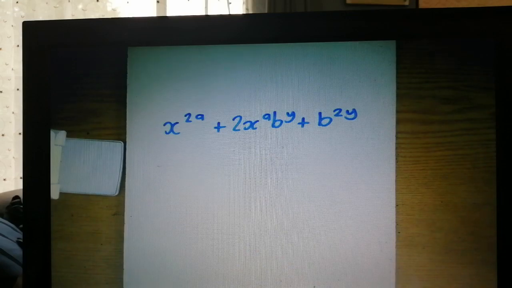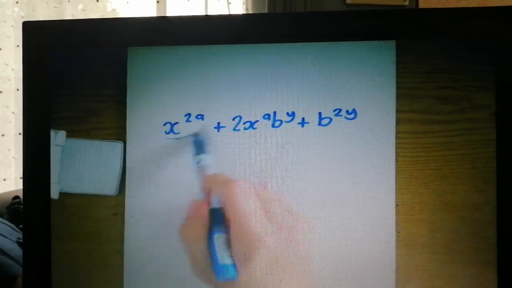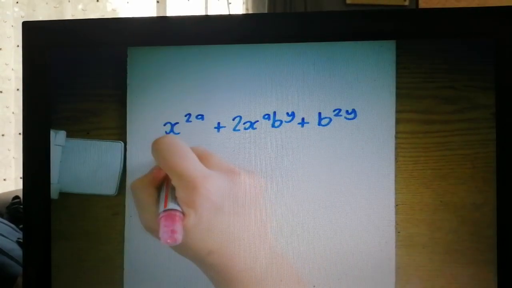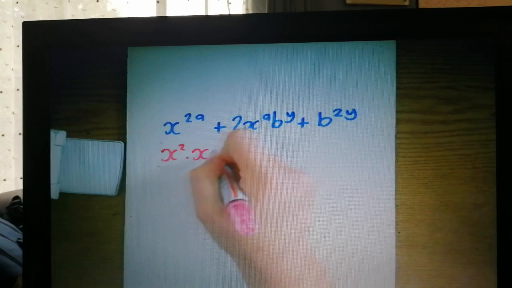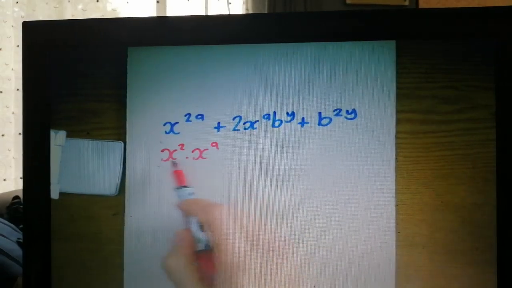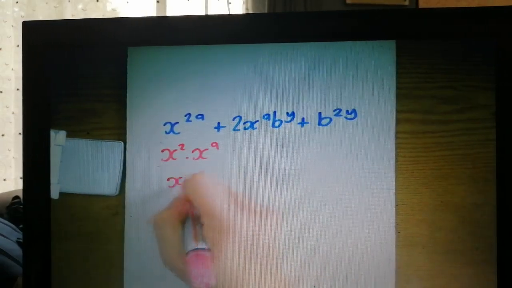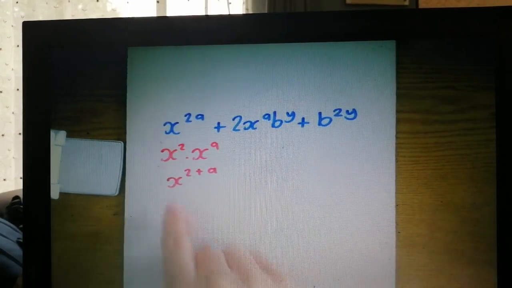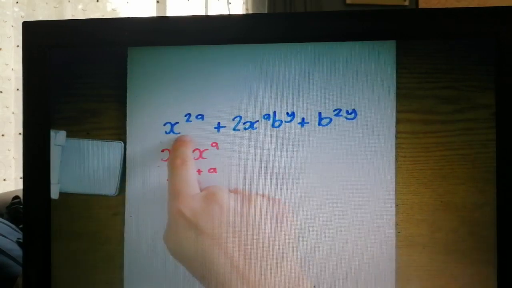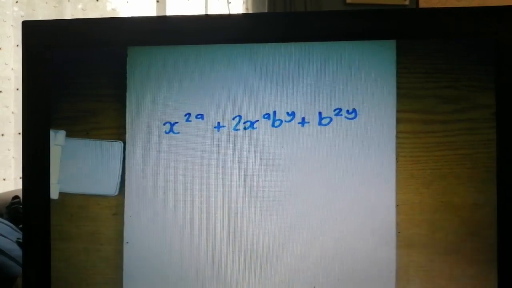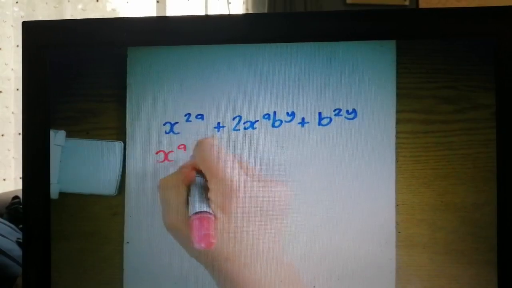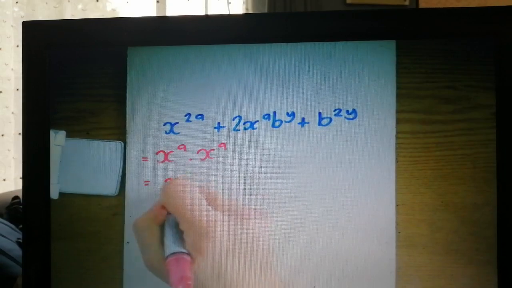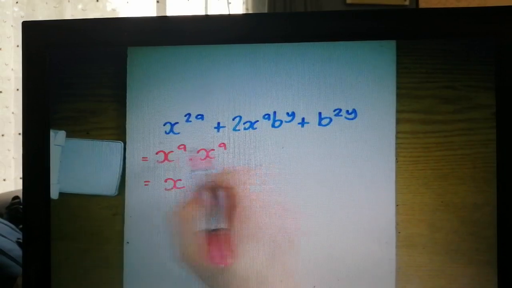This is example 6. Just a side note, please remember that if I have x to the power of 2a, it is not x squared times x^a. Because if I was multiplying, what do you do? You keep the base and you add the powers. That is not what I'm doing, okay? I've got 2a. So what does this actually mean? It actually means x^a times x^a, because my exponent laws tell me keep the base and add the powers. a plus a is